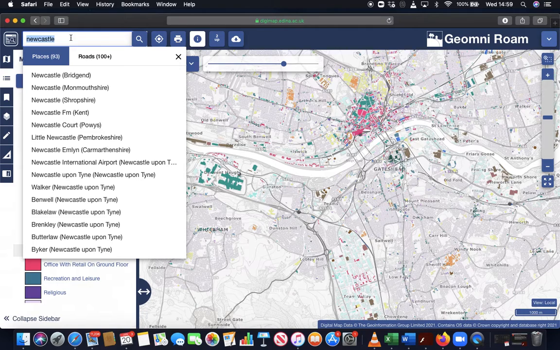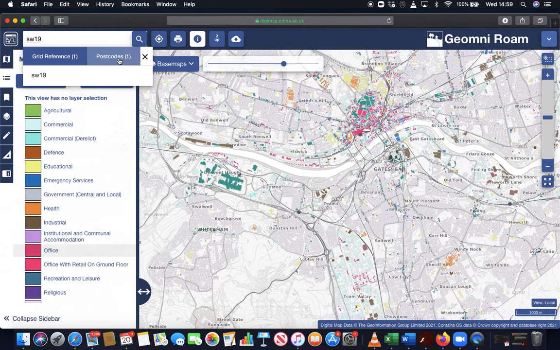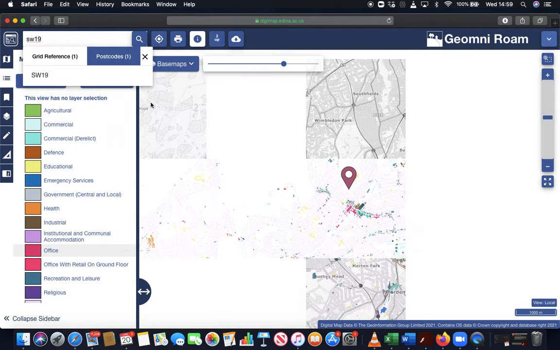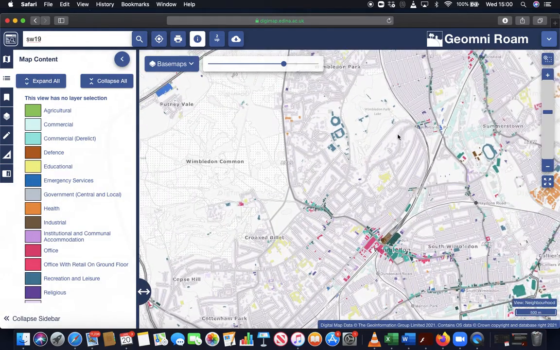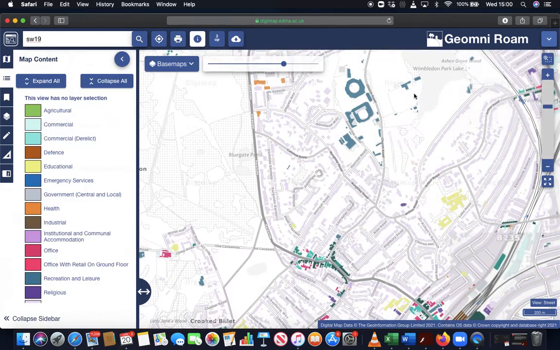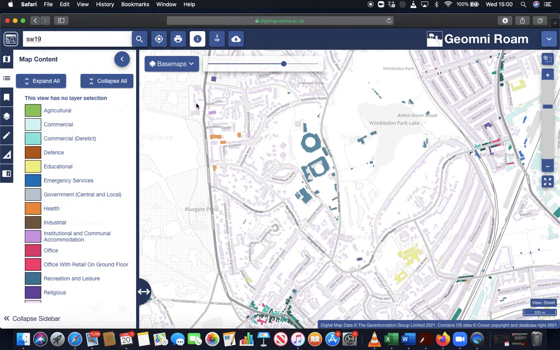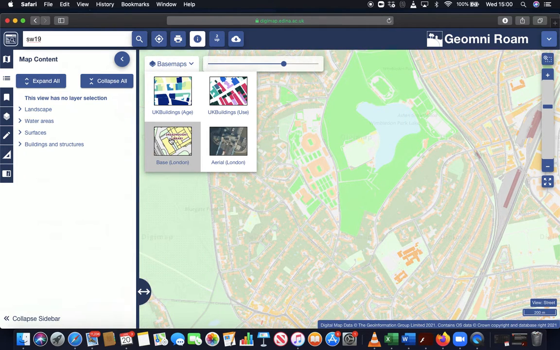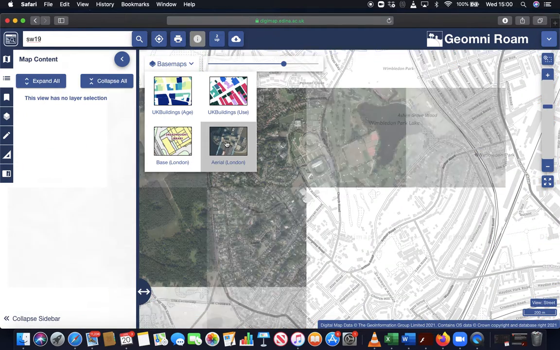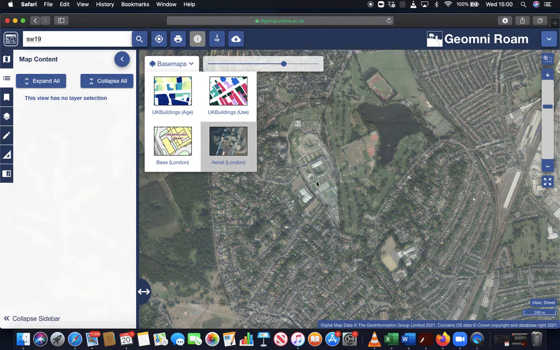There were a couple of other bits to this, but they only focus on London. If I go to SW19, which is Wimbledon in London, and I zoom in a little bit, then I'll be able to see that there are some more base map options. I've got what they call UK map, although the name's slightly misleading because it is just for London, and also there's some aerial imagery for just London as well. So I'm hovering here above the Wimbledon Tennis Centre,